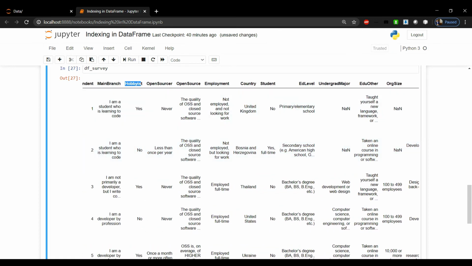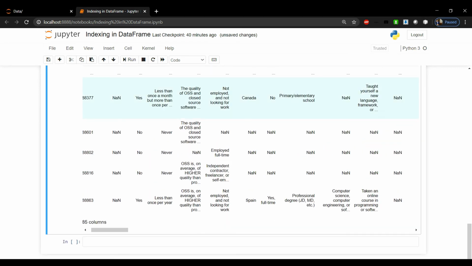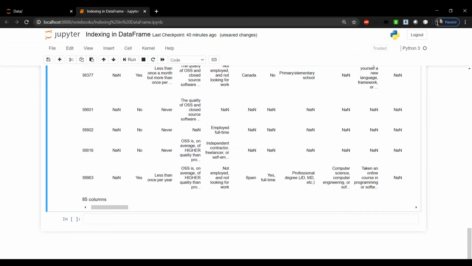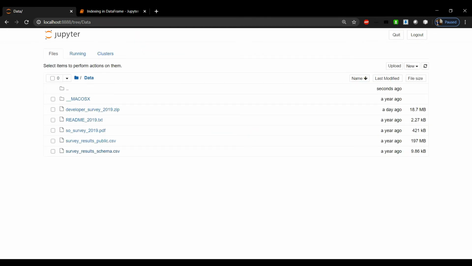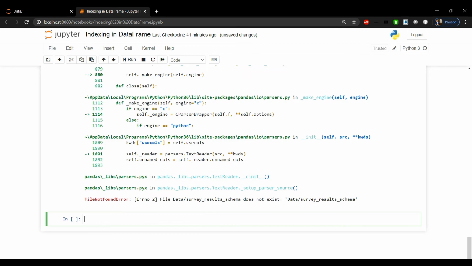Now what does each column mean? Suppose this Hobbyist column, what does it mean? This OpenSource column, what does it mean? What does each column mean? We have another CSV file inside our data directory, which is survey_results_schema. It will give the schema of the entire data frame we have above. So df_schema equals pd.read_csv, and inside the data directory we have the survey_results_schema, and let's run this.